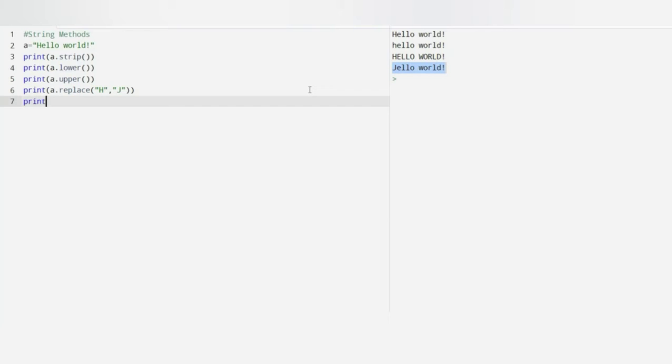And another function, the most important function in Python. a is equal to hello world is the common string for all methods. And split: we need to split the words. Hello world is two words, and we need to separate the two words.